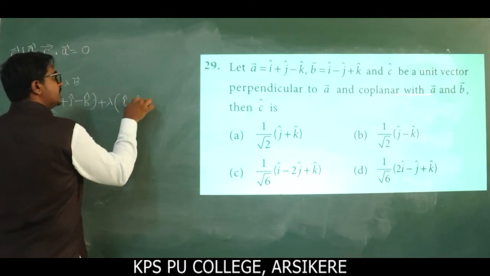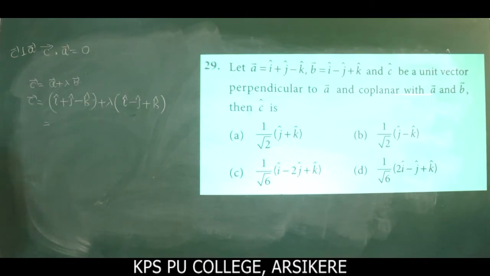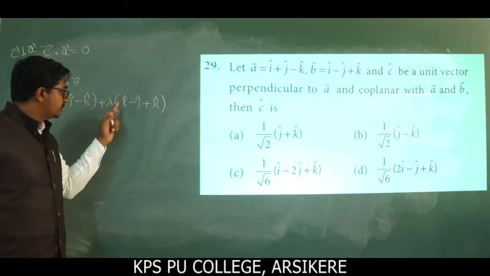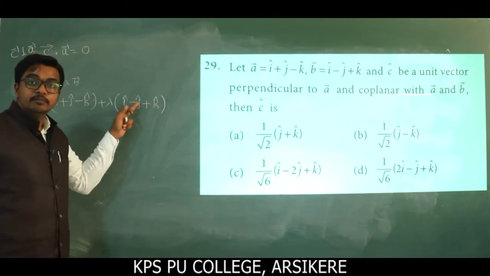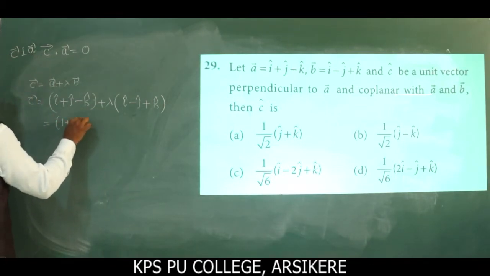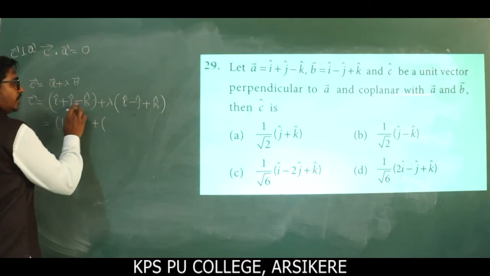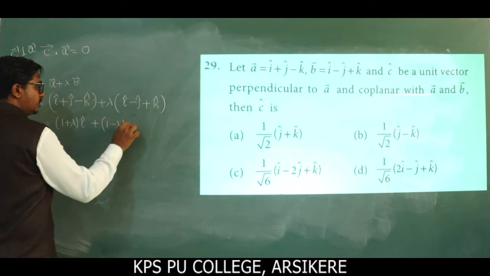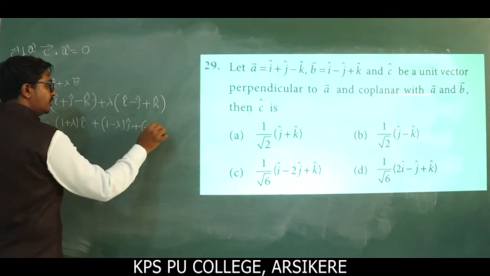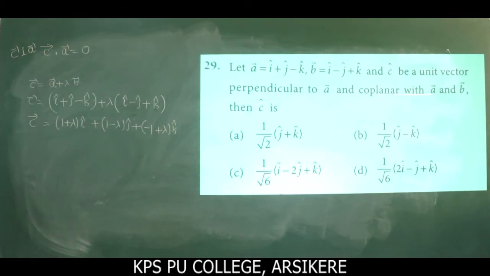i cap minus j plus k cap is equal to, okay, again go with i to i component. So here we have multiplication with lambda, so multiply with each term: lambda into i cap minus lambda into j cap plus lambda into k cap. Sum of these becomes here 1 plus lambda into i cap. For the simplification, do it yourself. Plus here j is 1 and here minus lambda, 1 minus lambda into j cap, plus for k here minus 1 and here we have plus lambda into k cap. This is here vector C. And we have the condition.